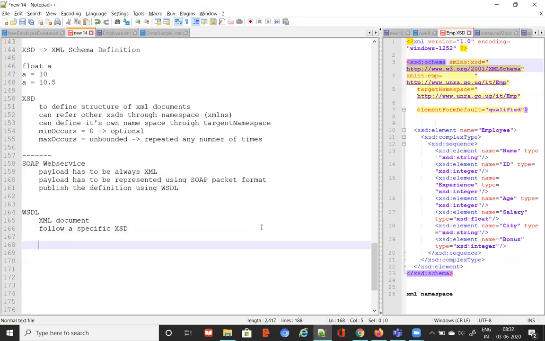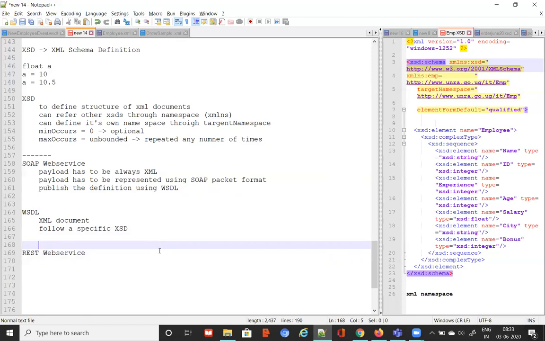Now, just before I go into the depth of WSDL, let me talk about REST here, because everybody might be thinking, what is REST and SOAP? What is a SOAP web service and what is a REST web service? In case of REST services, first of all, why did people think about having another way of representing web services?